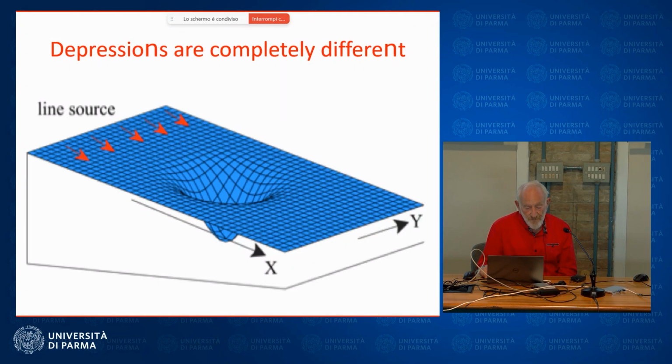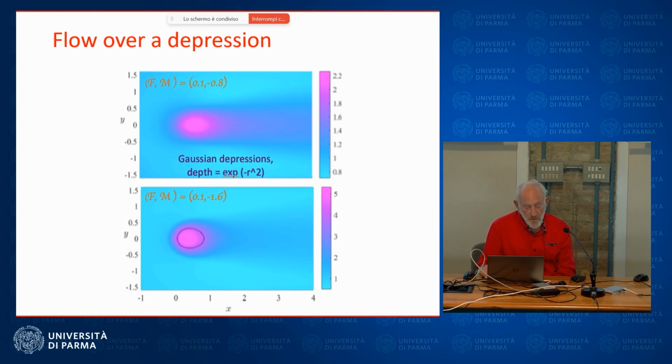Now, of course, topography has not only highs, but it also has lows, and so we've looked at flow not over a topographic high, but a topographic low like this, and they are really quite different. The reason that they're different is that they can constrain or collect the flow into them, whereas a positive topography pushes it aside, a negative topography brings it in, and that makes a difference even to the flow pattern